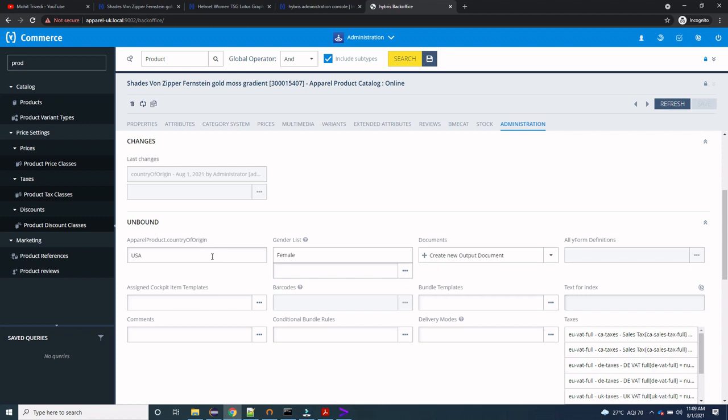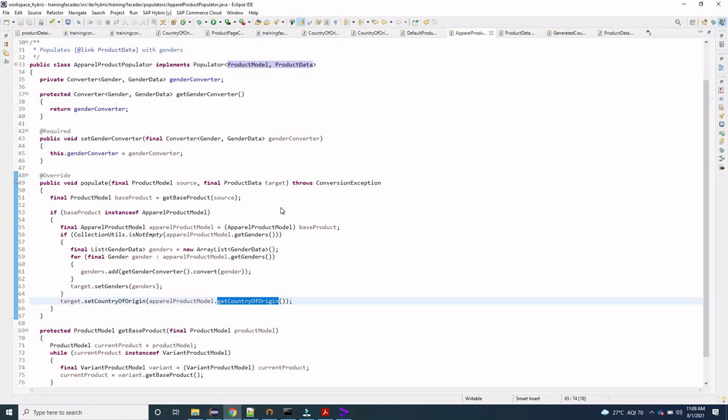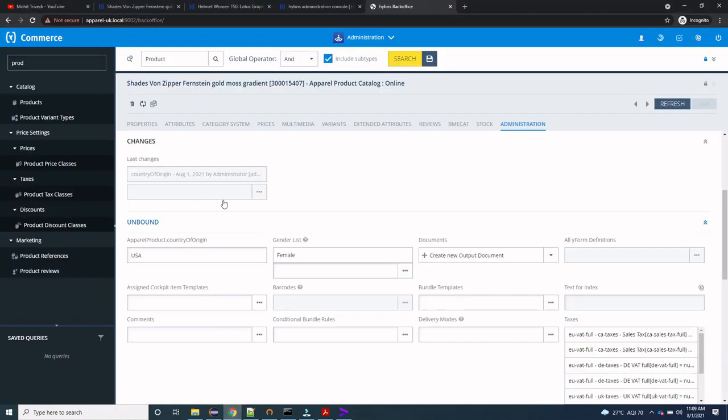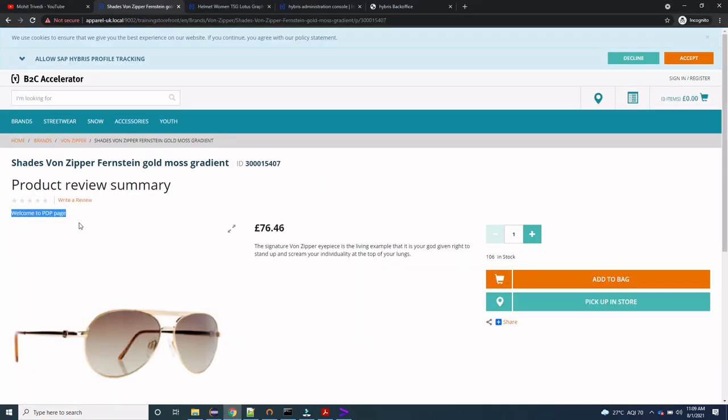As it is satisfying the criteria in this custom country of origin CMS restriction evaluator class, it is returning true, and that is why we are seeing this component on this particular PDP page. So hope now the things are clear to you guys.